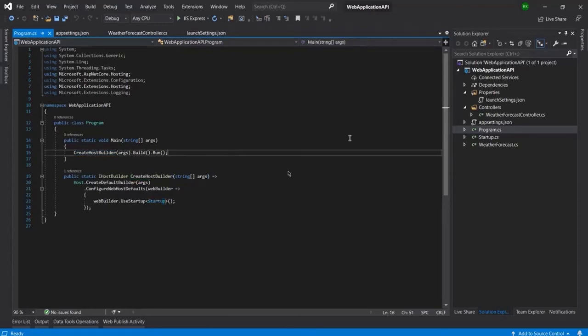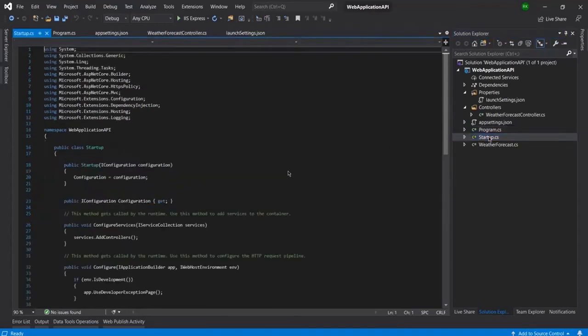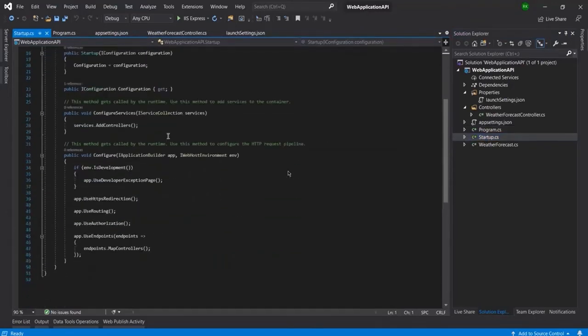So here you can see the Startup page in the Solution Explorer. In the Startup page we have a startup constructor, and also two other methods: one is ConfigureServices and the other is the Configure method.